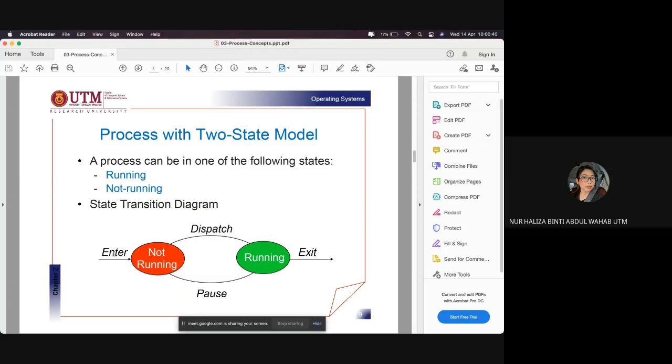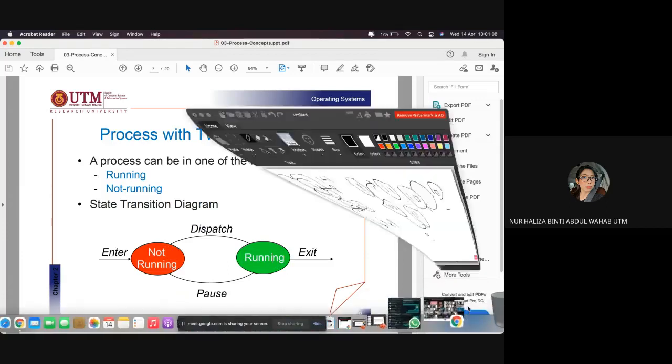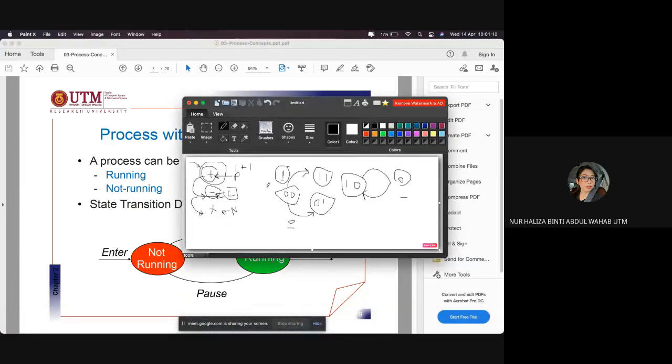You can see it's quite similar to digital logic, only that in digital logic you have 0 1 0 1, but now under the two-state model you have only two states, which are not running and running. So in digital logic, maybe it's going to be somewhere like